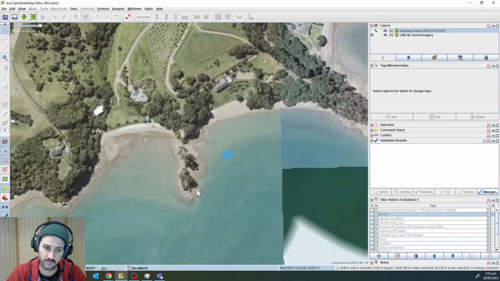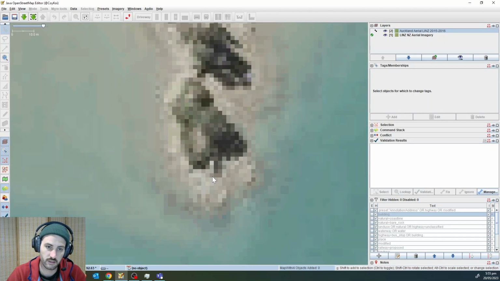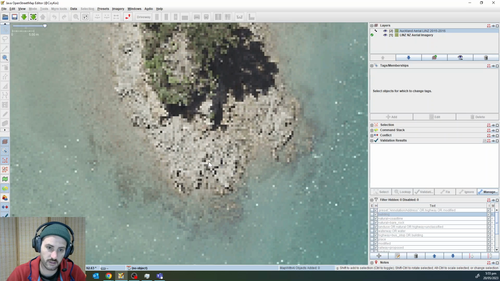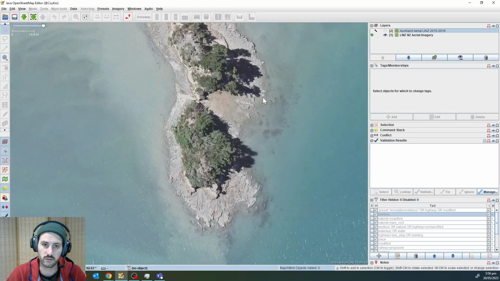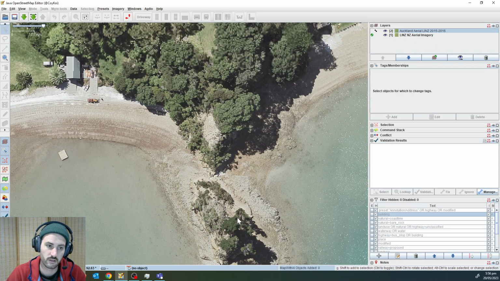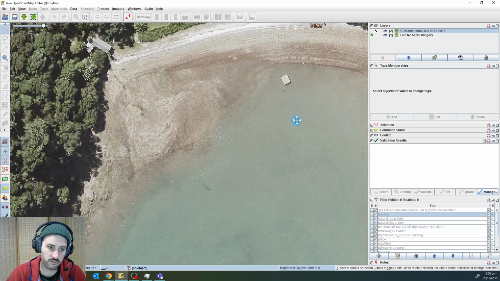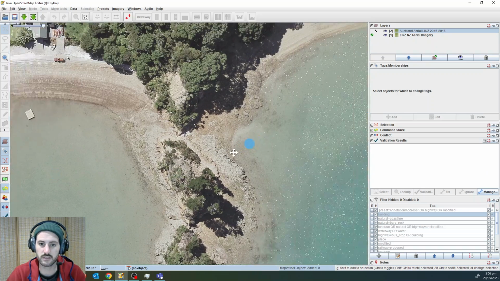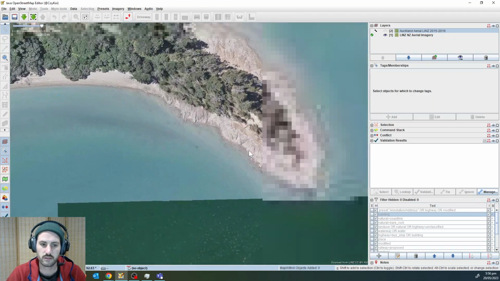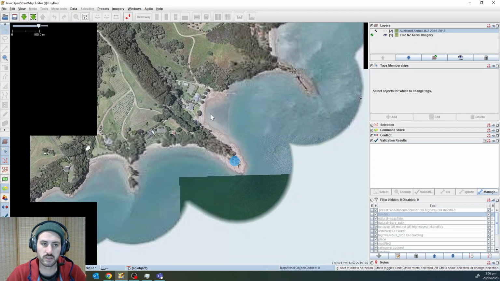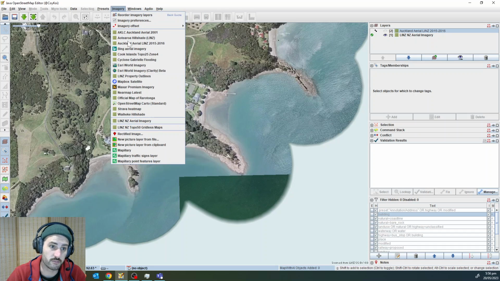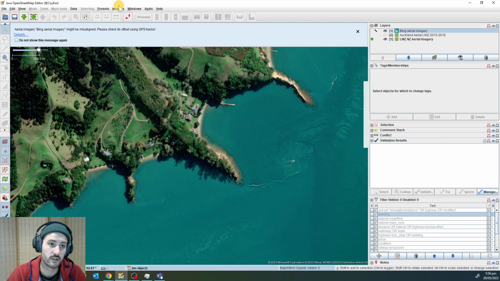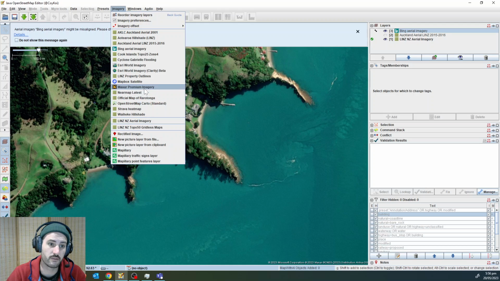So the reason why I like to have that is so that I get kind of two different viewpoints to work with that are sometimes at different tide levels. But here it looks like they're pretty similar tides. But they can be useful, especially for areas that change a lot at different tides. So I'm going to bring in another view for that